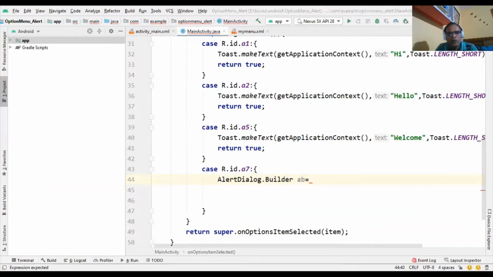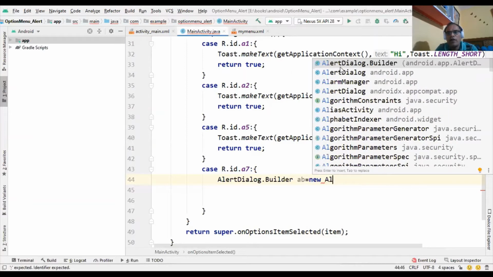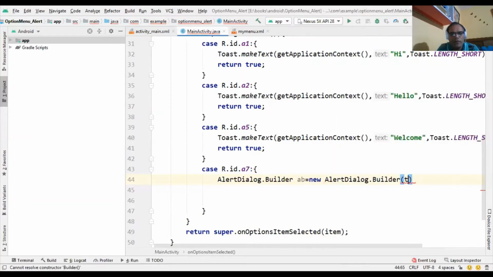Through this object we use some methods like setMessage and setIcon. First we create an object of new AlertDialog.Builder and pass this.